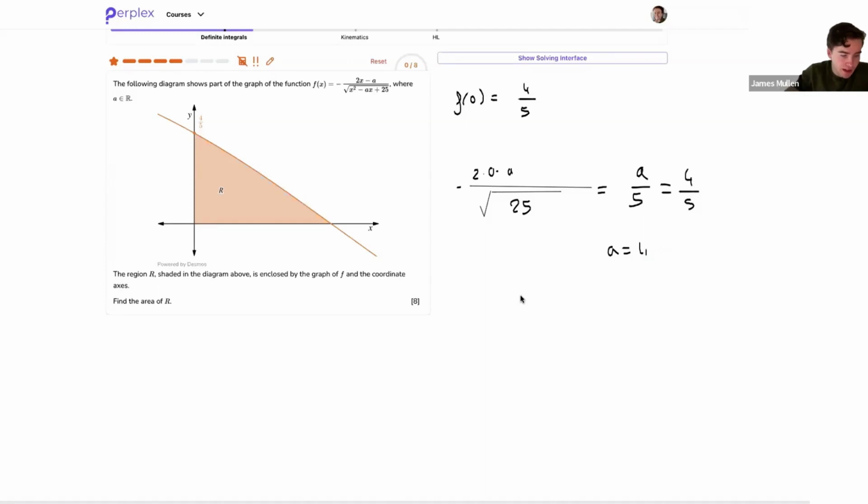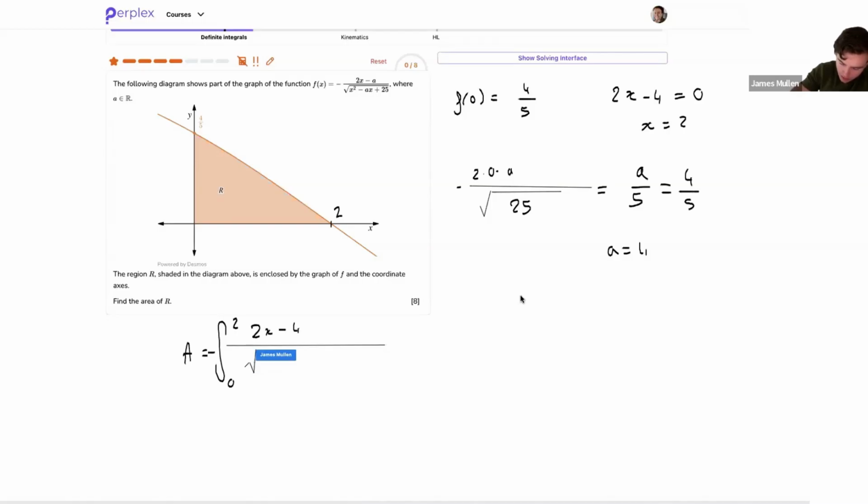And then, with that done, now I can set up the integral. I need to find the x-intercept first. So now I have in the numerator 2x minus 4, which is equal to 0 when x is equal to 2. So this is going to be 2 right here. So now my area is the integral from 0 up to 2 of, and I'm going to put the minus outside because it doesn't really make a difference, 2x minus 4, that's this minus that I'm putting outside, 2x minus 4 divided by the square root